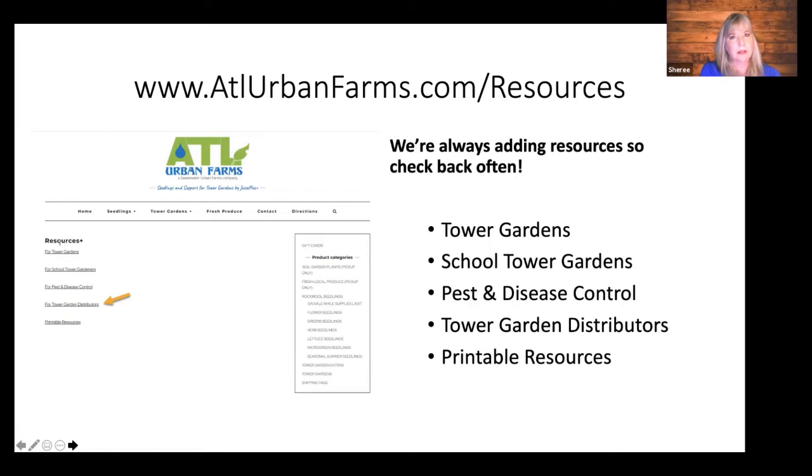Again, pest and disease control. Bret taught us to hug our tower every day, and that is why. So we can always be on the lookout and scouting for pest and disease. There's articles there, but what I really want to point out is the tower garden distributors. On that link, if you go to the next slide,